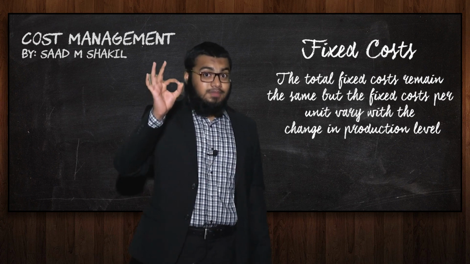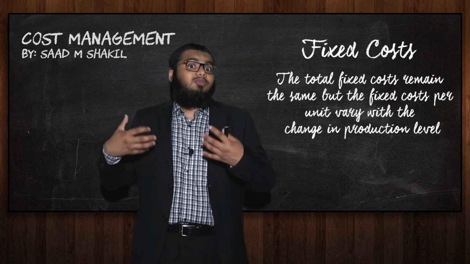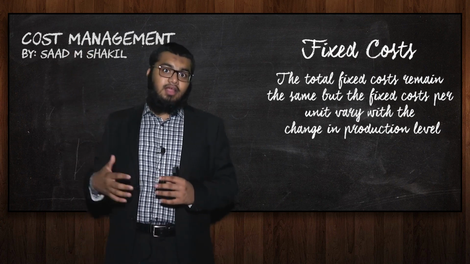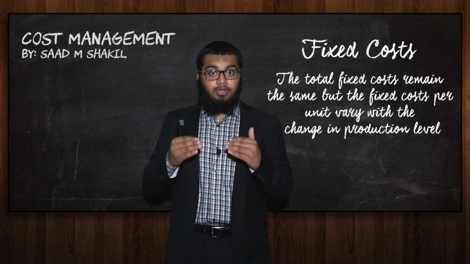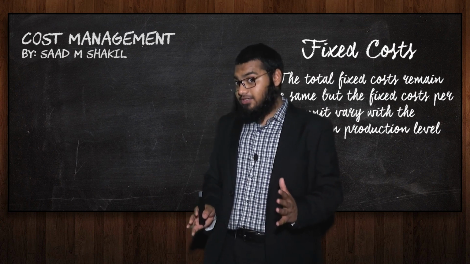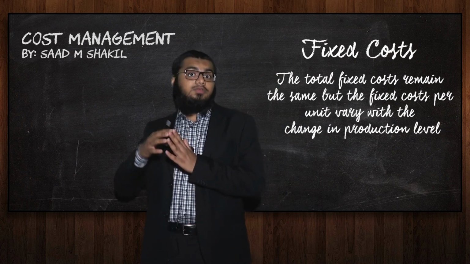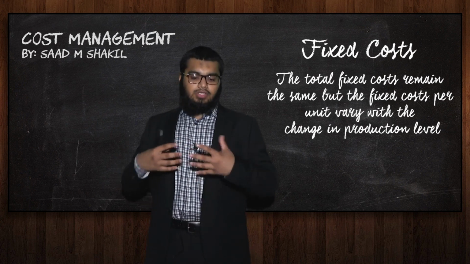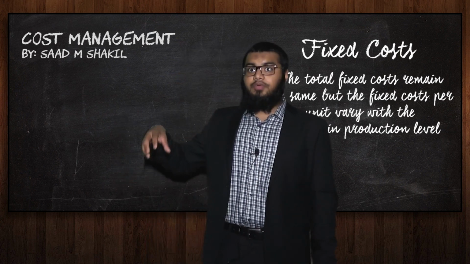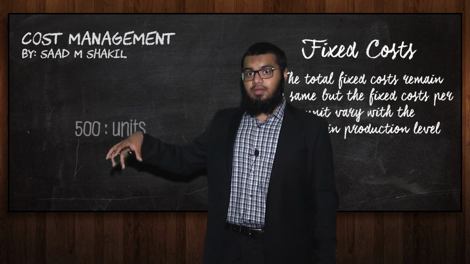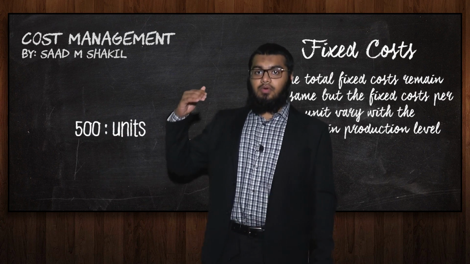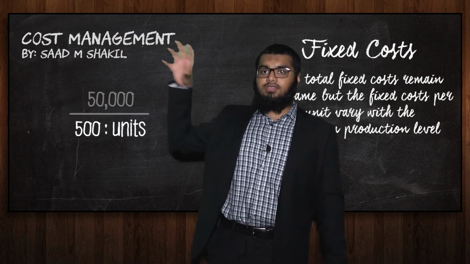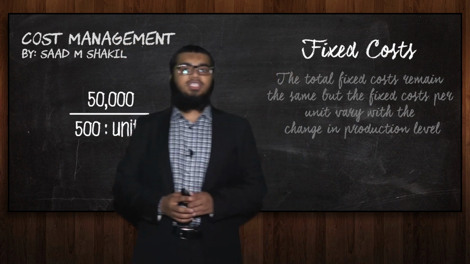But the fixed cost per unit is going to change, and it's going to decrease with an increase in the production. So your factory rent remains $50,000, but when you produce more, the per unit fixed cost is going to decrease. So if in this factory you're producing 500 units, you have a fixed cost per unit of 50,000 divided by 500, which is